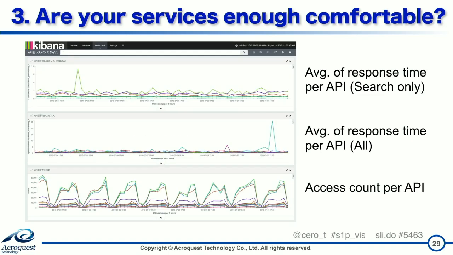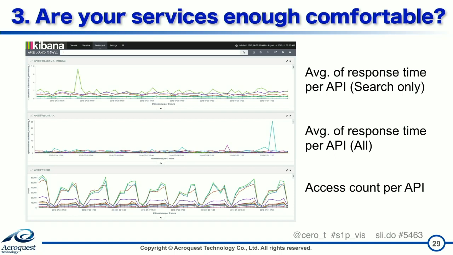This is the image of the web access monitoring. The first line is the average response time per API. There is a high peak in the past, but ordinarily it's low. And the second line is the average response time including all APIs.